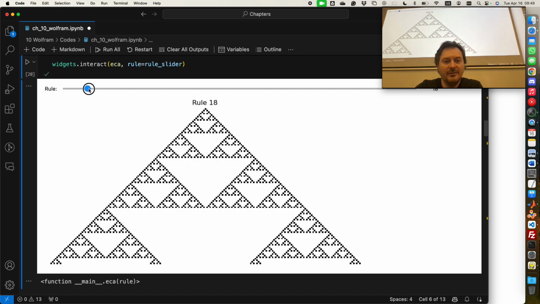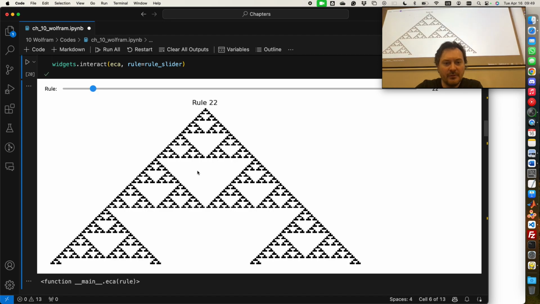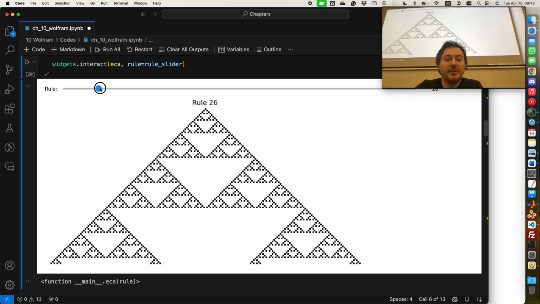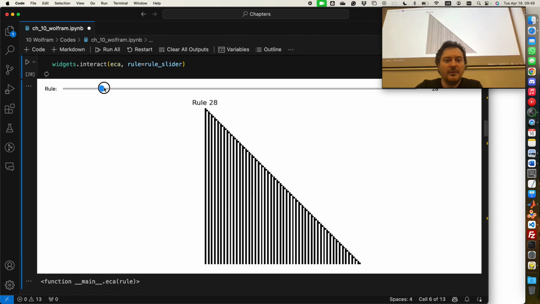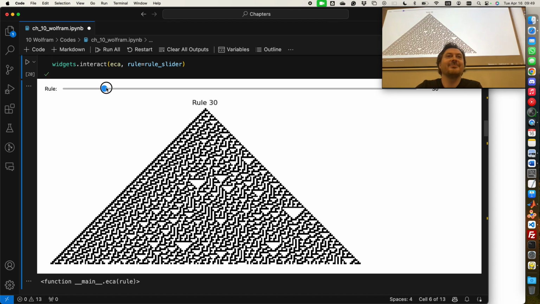This 18 has these branches. The one with 22 has these Tetris figures. Do you see? 22, 23, 24, 25, 26, another Sierpinski, 27, 28, 29, 30.